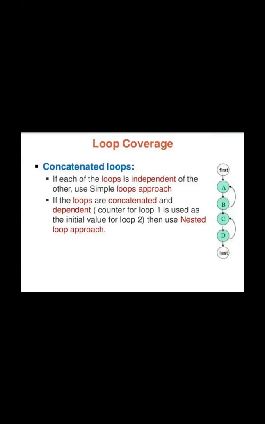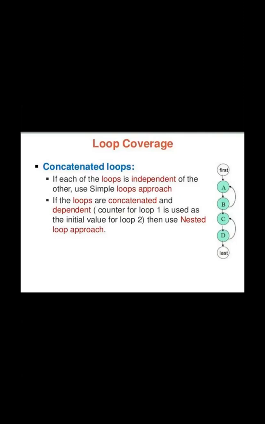And here, concatenated loop means the loops are independent. The first loop A to B is an independent one, and C to D is an independent one. Once the first loop is over, then we get the second loop; both are concatenated, both are added together. So this is an example for a concatenated looping statement. Unstructured loops: whenever possible, this class of loops should be redesigned to reflect the use of structured